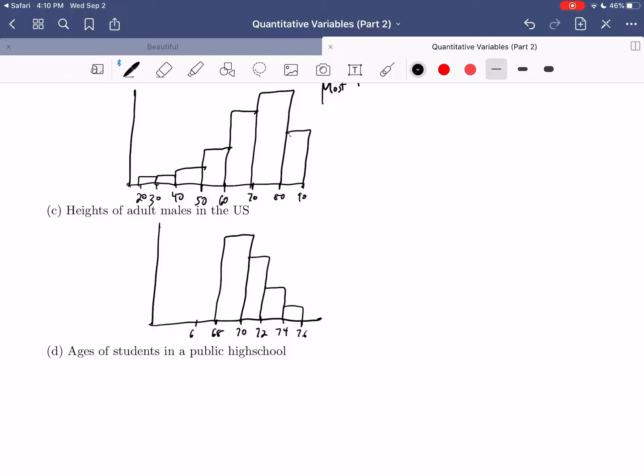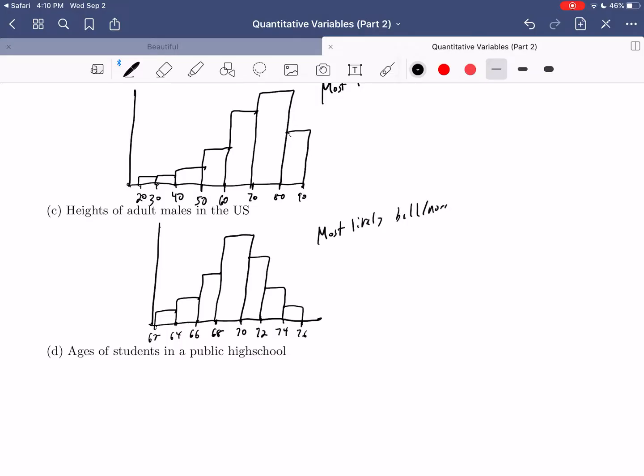And same thing the other way. There are certainly some adult males that are much shorter than that, only 5'6", 5'4", 5'2", but again, they don't happen very frequently. So what are we sort of drawing there? Well, we're drawing something where there's a lot of frequency in the middle, and it's much less common on the two ends. So this is most likely